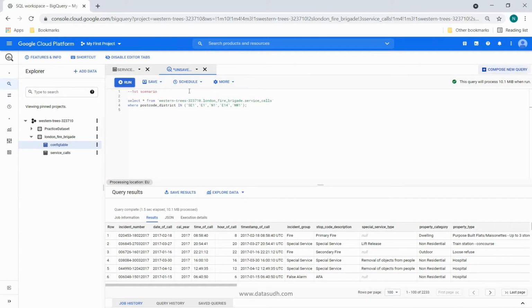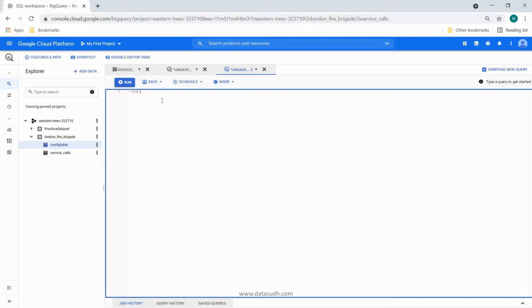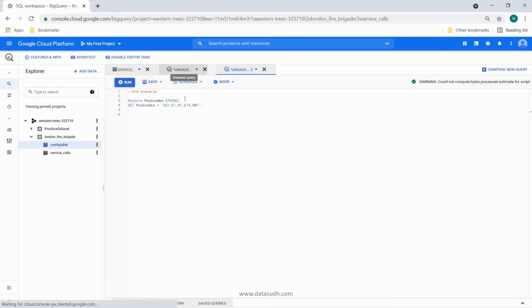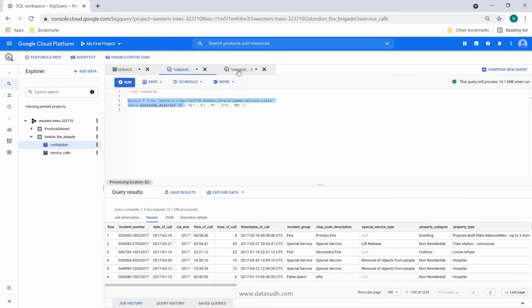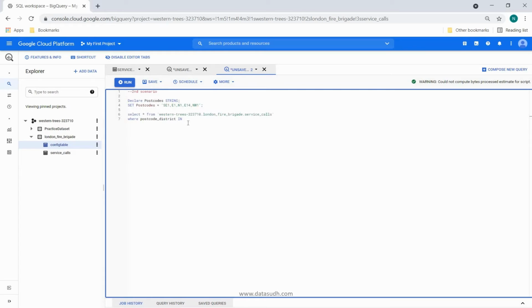So how we can do that is, for the variable approach, we can declare a variable. Let's declare it as string, and then we can set the value in it. Okay, now once the value is set, we have to do a similar level of filtering using this variable. So how we can do this is, we need to provide the split and unnested values to this where clause so that it can filter the data based on inputs provided.